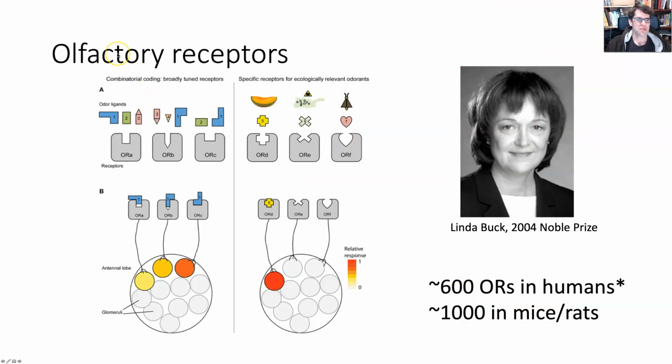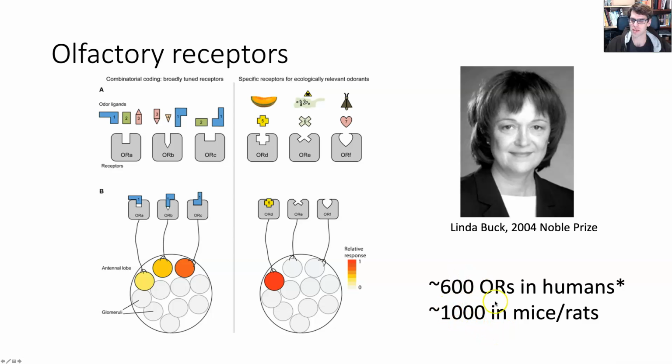The receptors for this work similarly, right? It's a chemical sense, so they're binding chemicals, but it's also very different. The person who I think gets the credit for figuring it out is Linda Buck, who won the Nobel Prize for this in 2004. As opposed to taste, where we have just a handful of receptors, in humans we have approximately 600 of what we would call classical olfactory receptors. There's ideas that we might have another 400 weird ones that we don't understand well,